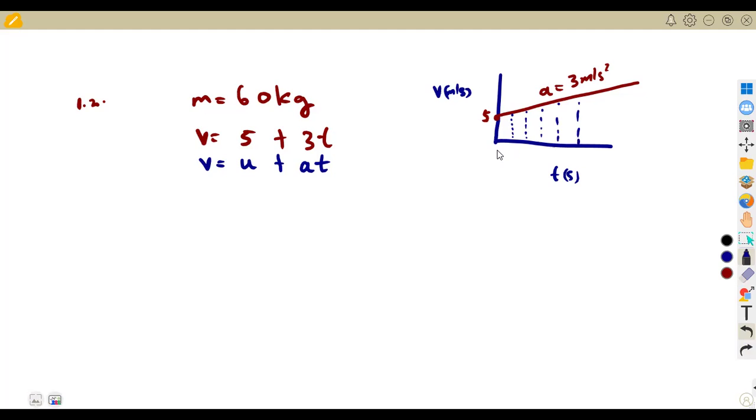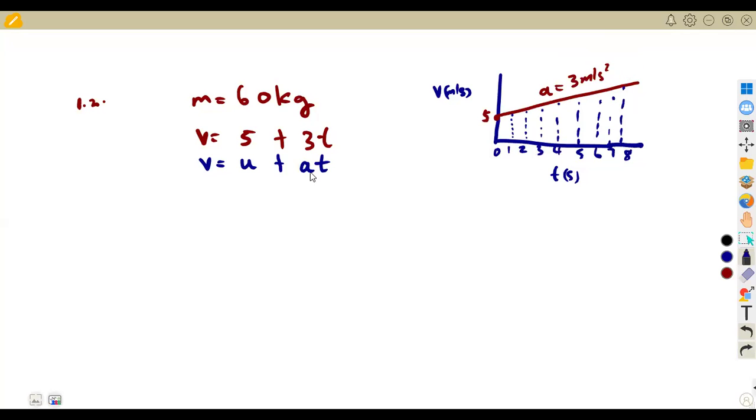Maybe after 1 second, you can say this is 0, this is 1, this is 2, this is 3, this is 4, this is 5, this is 6, and so on. We do not know where it is going to end. But at each point, the velocity is going to be changing because V is given by the formula 5 plus 3t. So when t is equal to 1, the velocity is not going to be 5, it is going to be above 5. When the time is 2, the velocity is going to be above. When time is 3, and so on,